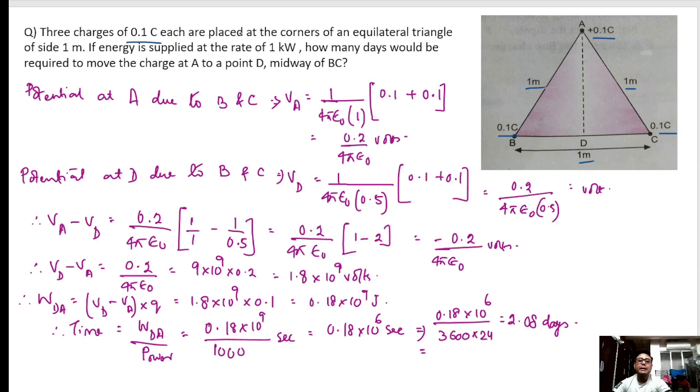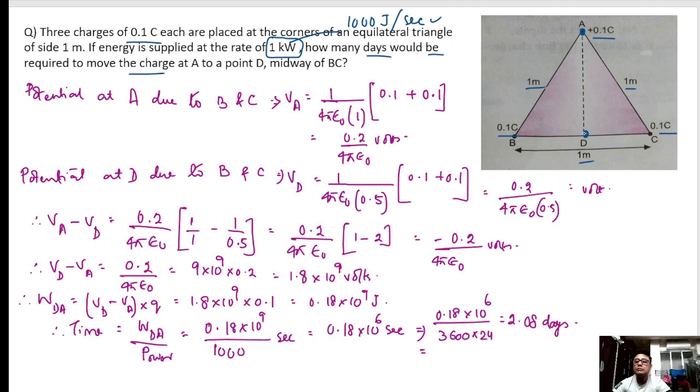They are telling that I am supplying energy at 1 kilowatt hour. That means 1000 joules per second. I am supplying energy at 1000 joules in 1 second. How many days would be required to move the charge A from here